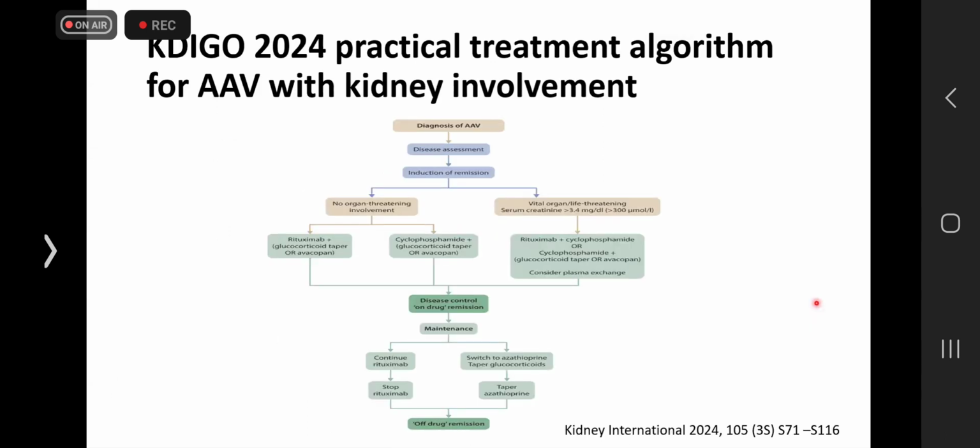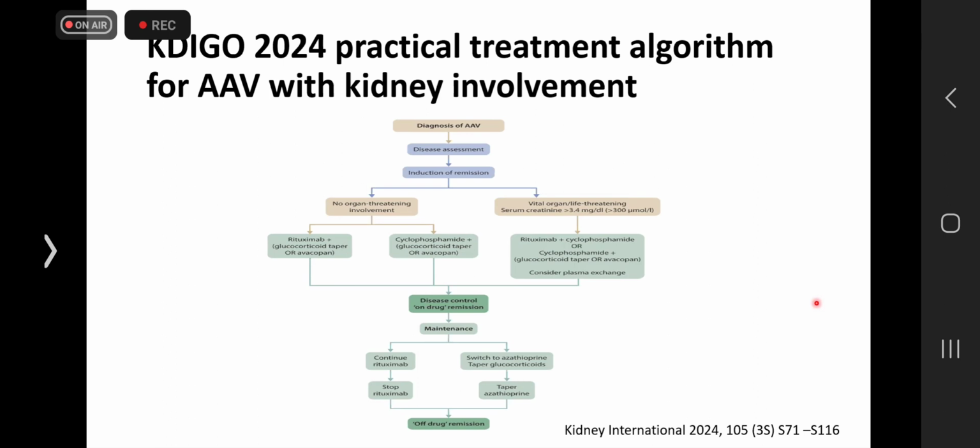I don't know whether you could see this well, but this is the treatment algorithm by the KDIGO 2024. Once you make a diagnosis of ANCA vasculitis, if you have vital organ or life-threatening disease, serum creatinine greater than 3.4 milligram per deciliter, the recommendation is to do rituximab plus cyclophosphamide, or cyclophosphamide with glucocorticoid, or avacopan, and consider plasma exchange. If you have non-organ threatening disease, you can use rituximab with glucocorticoid taper or avacopan, or cyclophosphamide with glucocorticoid taper